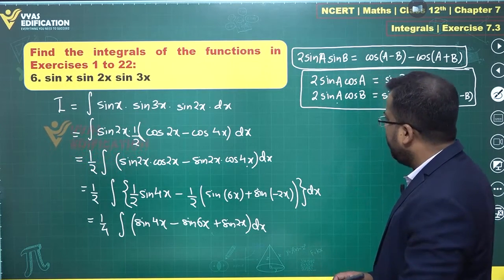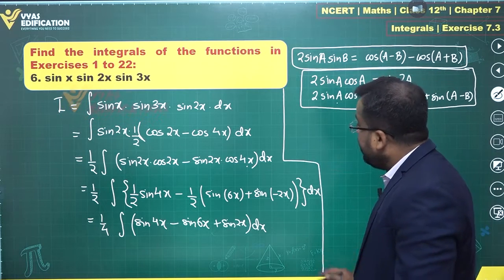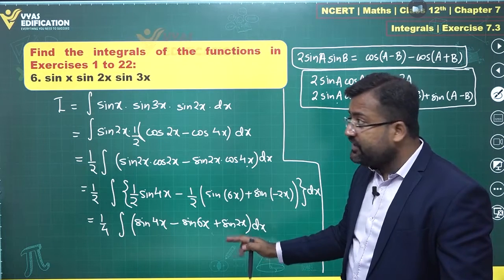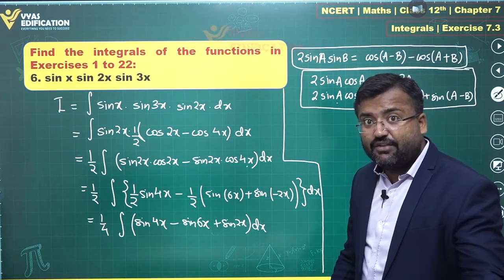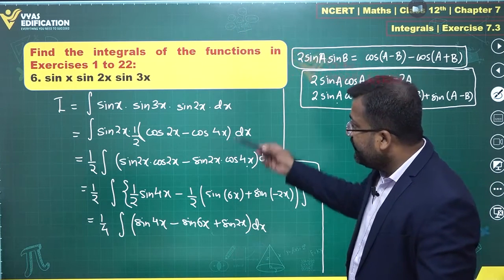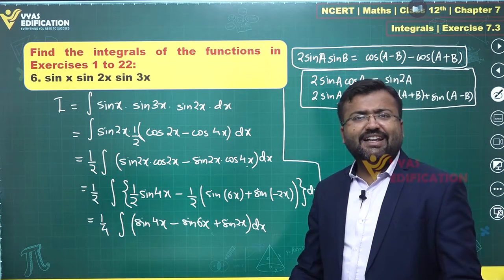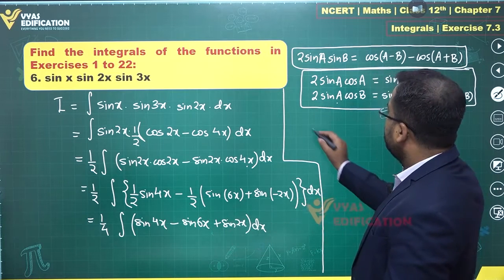So integration is not difficult, right? It is converting this given expression and realizing it into integrable form. First of all, realizing that this cannot be integrated directly with the formula that we know. And once we use trigonometric identities to convert it into integrable form, after that integration is not difficult, right? So therefore, I